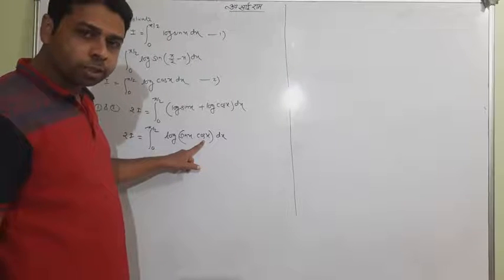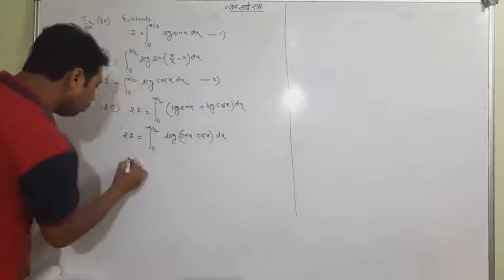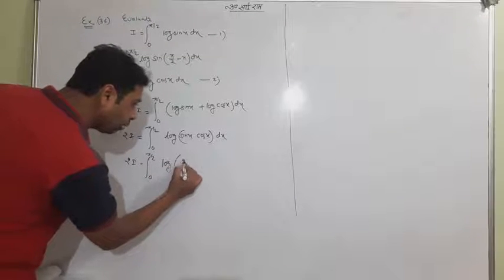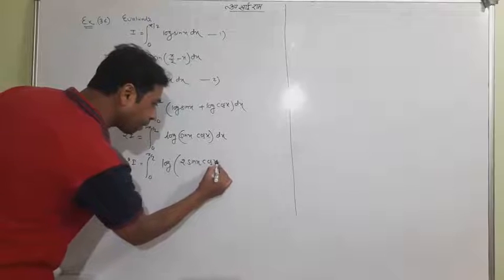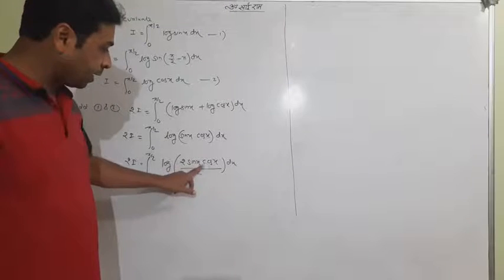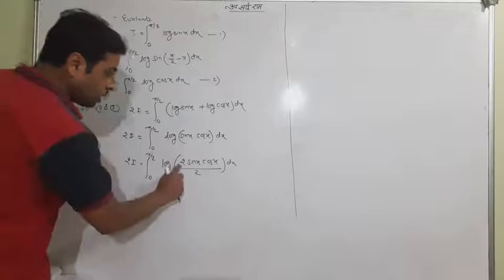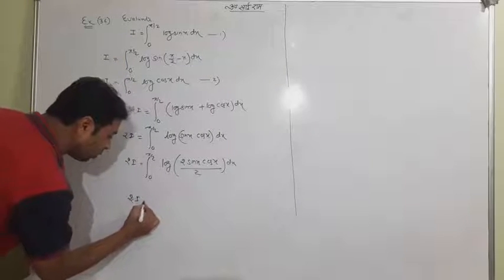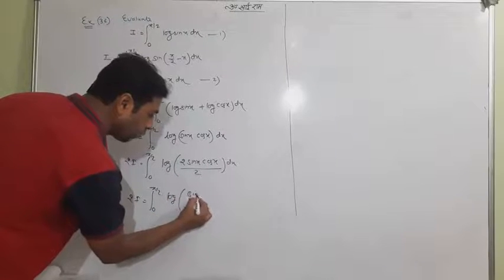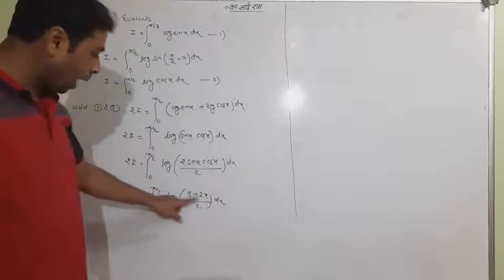Afterward, you have to remember a little bit: sin x cos x may create a formula, 2 sin x cos x, which means sin 2x. So we will create here 2 sin x cos x. So we will multiply and divide by 2 so that we get the formula 2 sin x cos x equal to sin 2x. So this is going to be sin x cos x equal to sin 2x upon 2. Sin 2x upon 2. Now use log m upon n again.